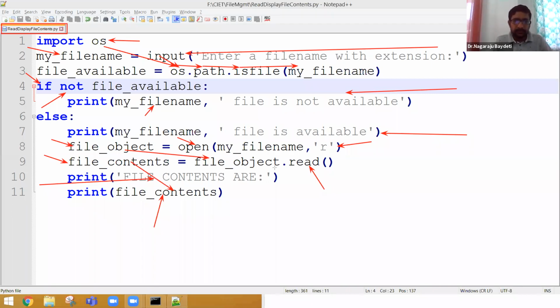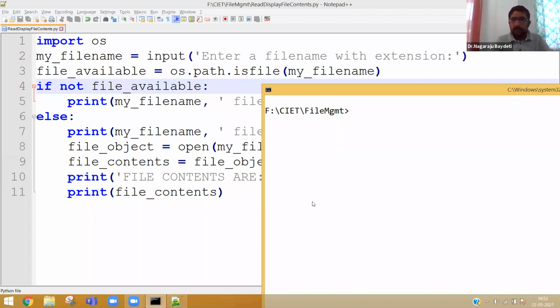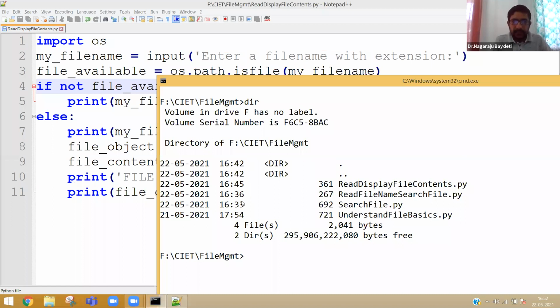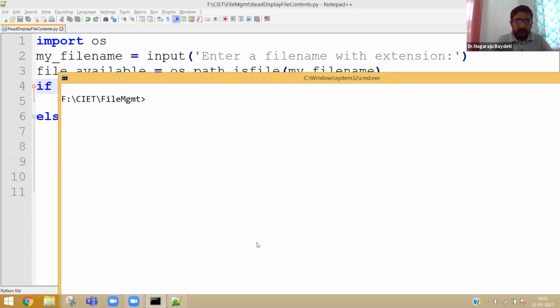Now, let me execute the file again. Before executing the file, let me see how many files are there in the current directory. Imagine we will try to give search file.py. Let me execute the file again.